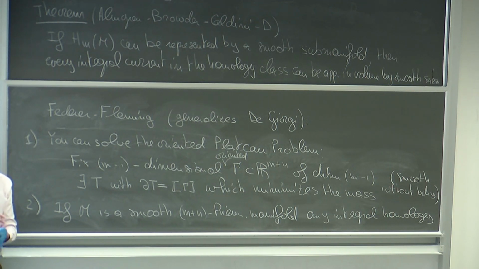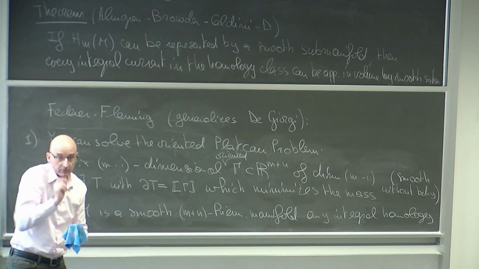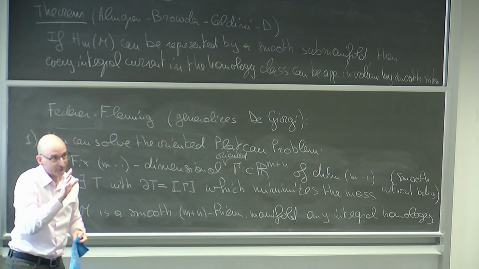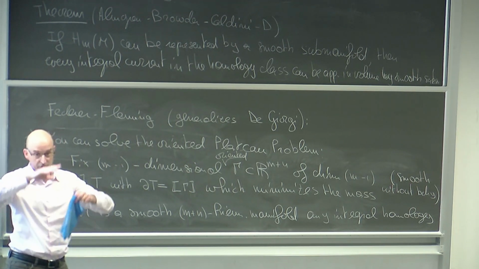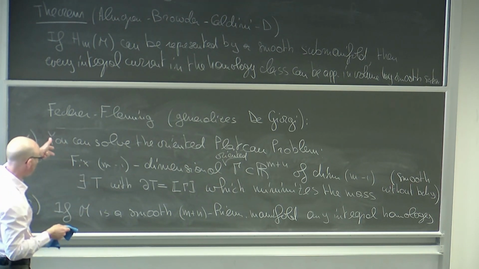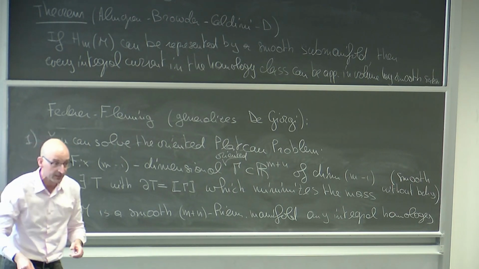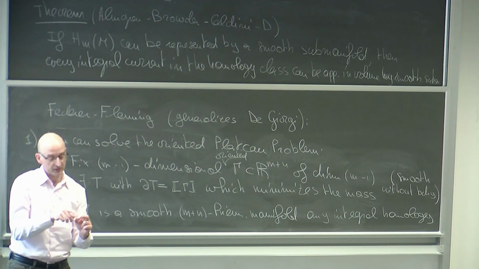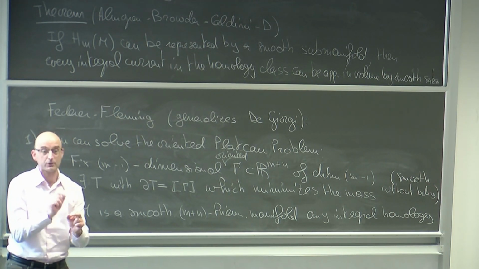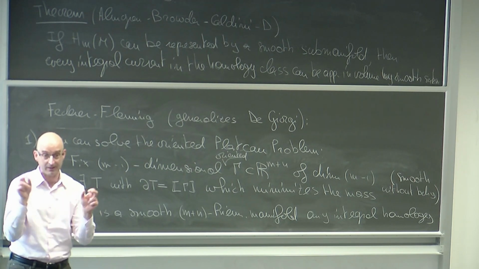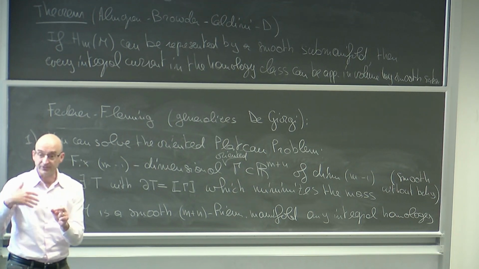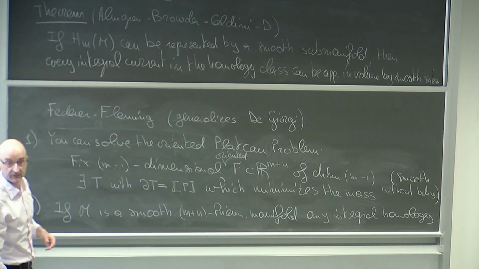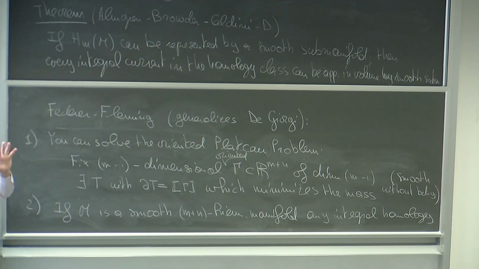So you can just think that you're focusing on some point which you have defined in some way, which is in the interior of that current. So away from the boundary, you can assume the boundary is smooth or the boundary does not exist, as if you were representing a homology class. And you're putting a small ball around that point and you're asking yourself whether this minimality property forces you to be more regular than the general definition that I've given you, with this countable number of kind of ugly pieces of C1 submanifold.